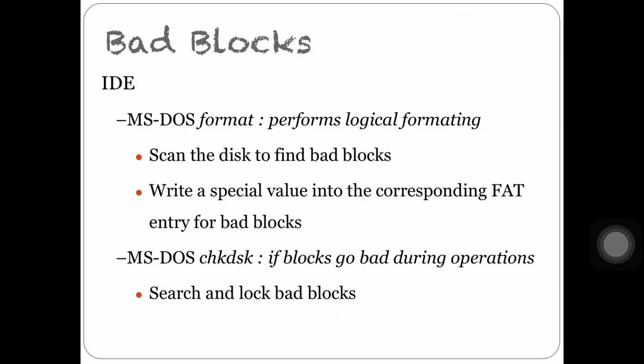Next we will see bad blocks. Now what are bad blocks? If any data is corrupted, then that block itself is called a bad block. As we know, disks have some moving parts and small tolerances, which may cause some failure to the disk. Sometimes the failure is complete and the disk needs to be replaced, and its contents can be restored from the backup media to the new disk.